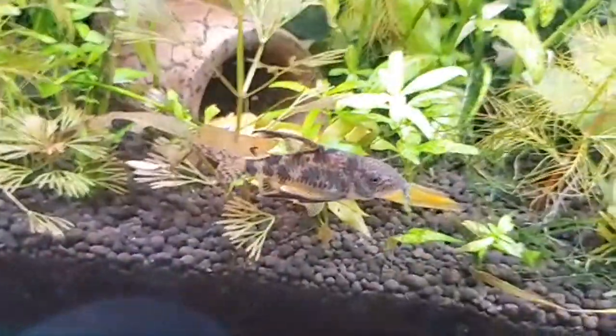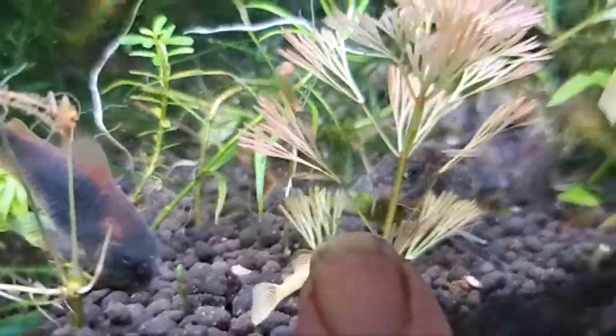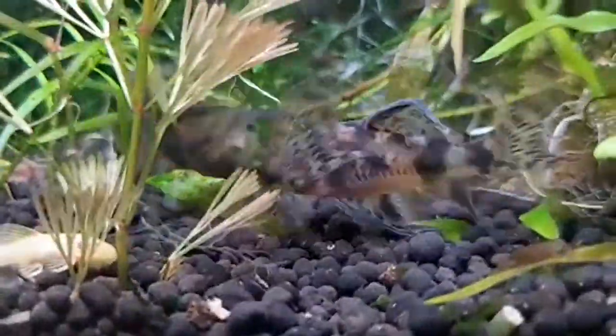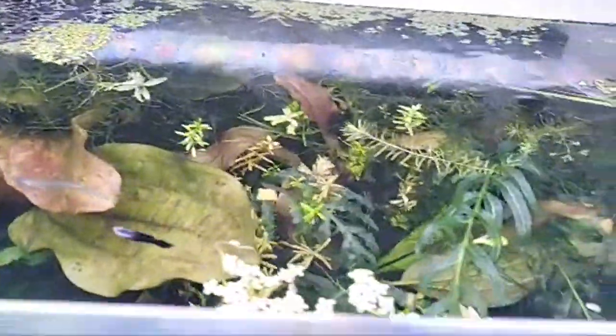highly recommend keeping Hebrosis or Histatus or Pygmaeus Corydoras, the little teeny ones, like, let's see here. I know I see a couple right in here. They're just not letting me film them. There's one right behind here. But there we go. There he is. But they will get into the nooks and crannies that the big plecos and things won't, and they tend not to be so shy. I mean, at night they'll come all the way up here, and that's another important note